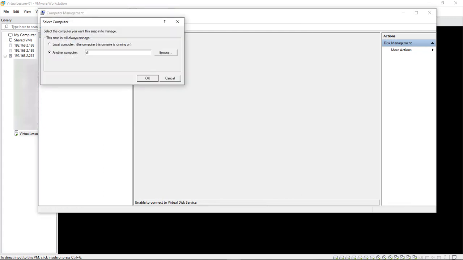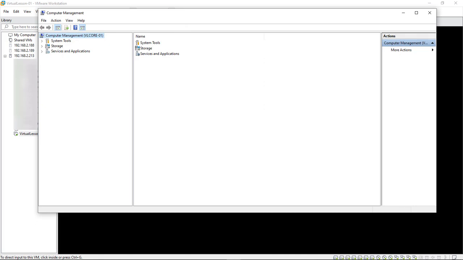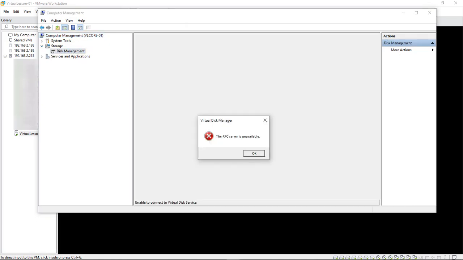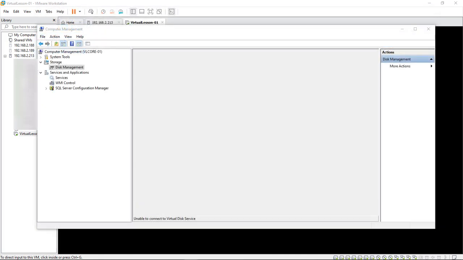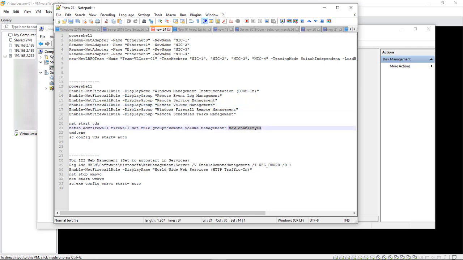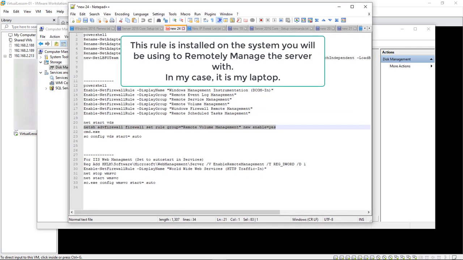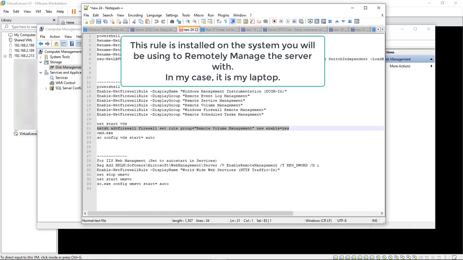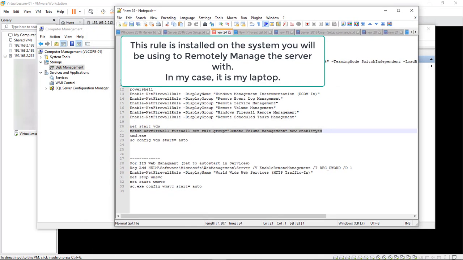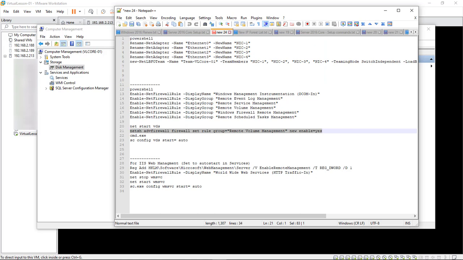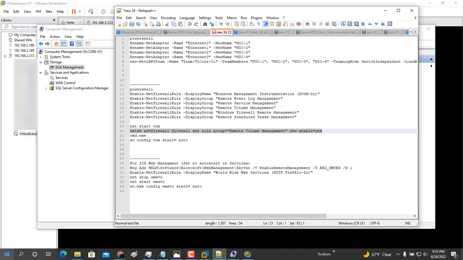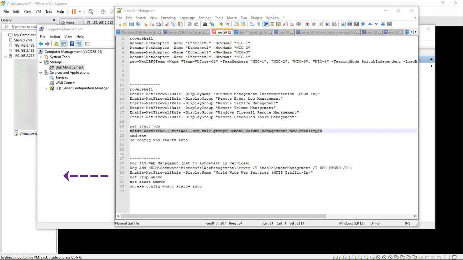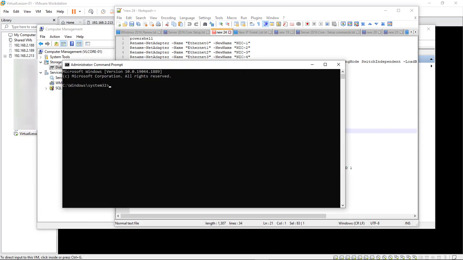We gotta log back into the server again. The RPC server is unavailable. Okay, so one of the rules that we added into the server is this rule right here. So what we're going to do is add this rule in so that we can have the RPC running. So we did the last part, so now we're going to add in that one. So let's come over here, go ahead and run this one. I need to do this